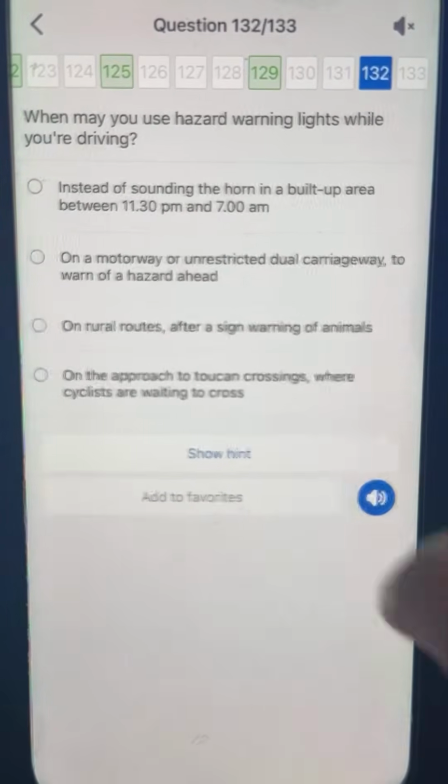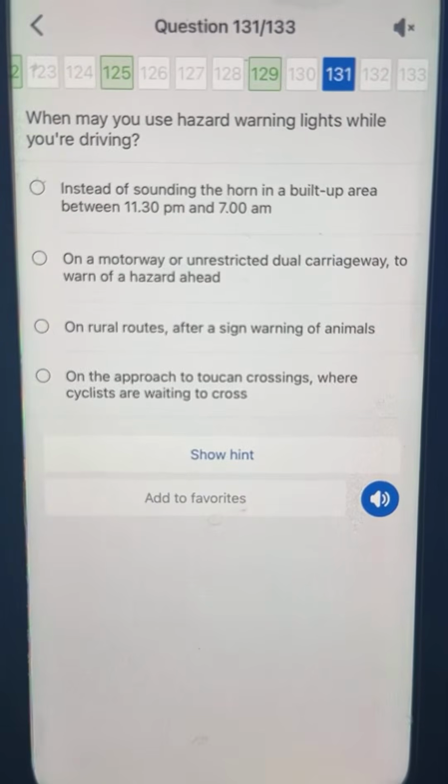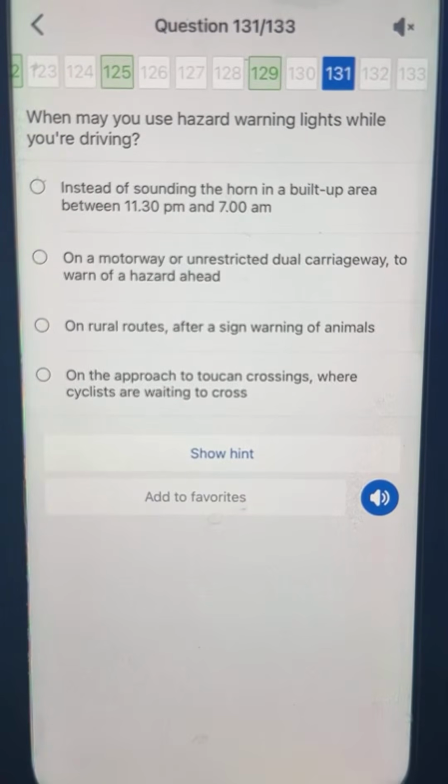Good. Let's just cover these 3, then we'll cover road markings, yeah? Now, when you use your hazard warning lights while you're driving,